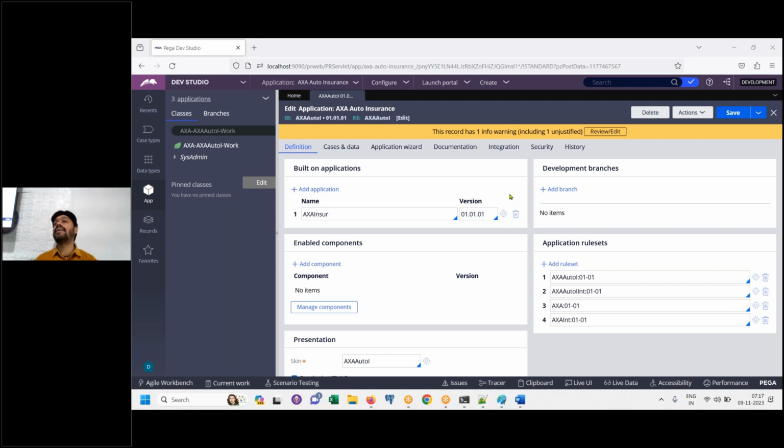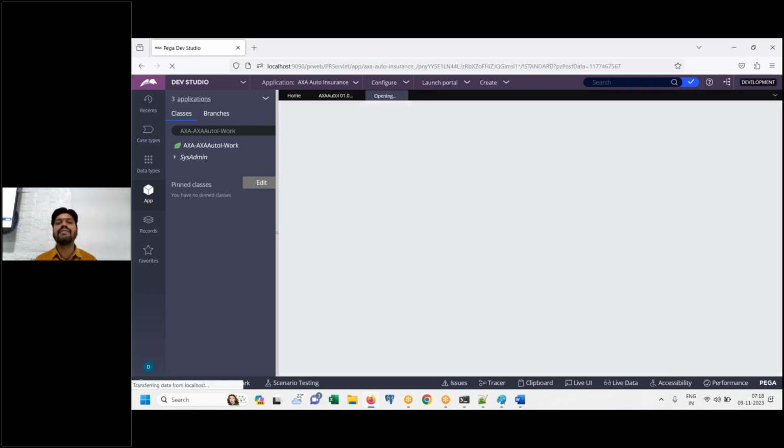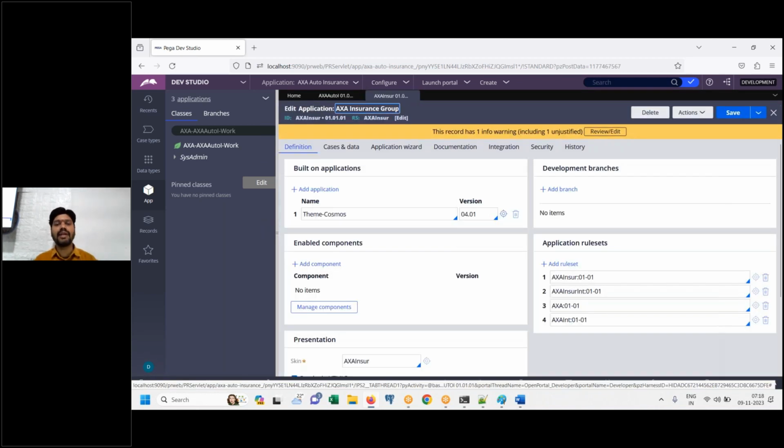Correct. But in order to open the framework application definition, you don't have to log in there. I'll show you how to open it from here. See, this is the AXA framework application. Beside the version number, there is one edit icon. If you want to open the definition of this application, you can click on the edit icon here. Understand? If you click here, it will open the details of the AXA framework also. By logging into the implementation itself, you will be able to find out the framework application definition also. You don't have to log into the framework, because by logging into the implementation, I can open framework rules also, generally. So like that, you can open from here.